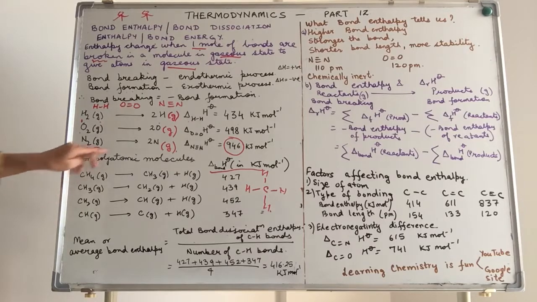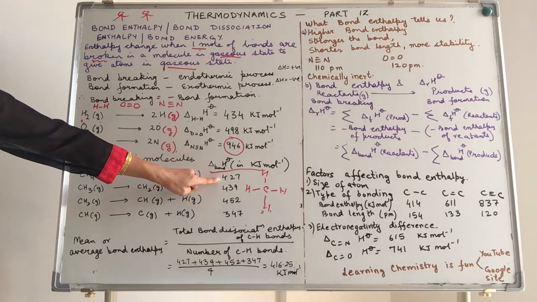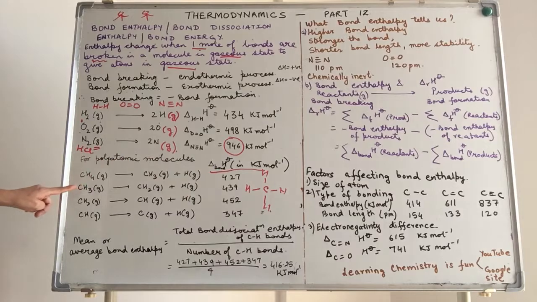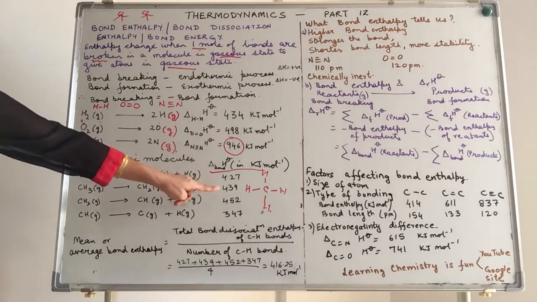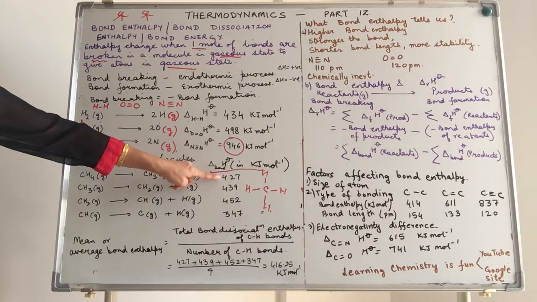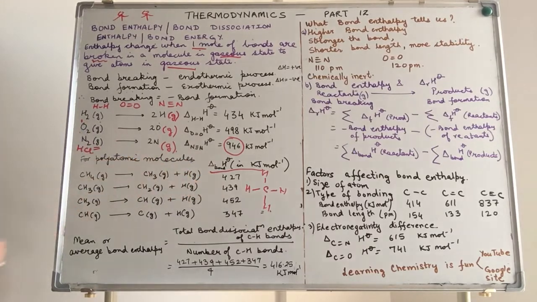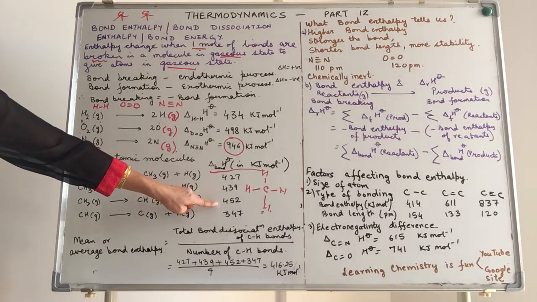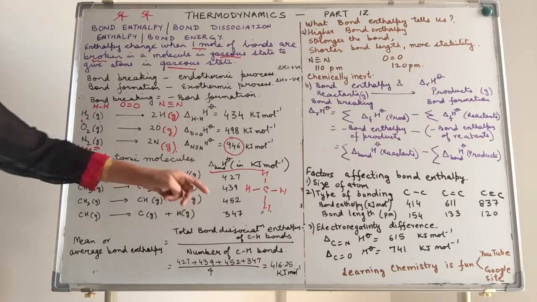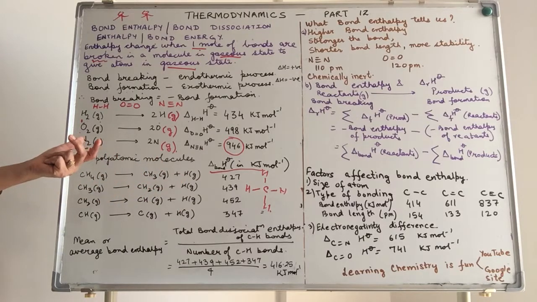The first hydrogen atom breaks, 427 is the bond enthalpy. The second hydrogen atom breaks down, so we have the second bond enthalpy, that is 439. If you notice, there is a difference in these values. Go on to the removal of the third hydrogen atom, this rises even further. What does this indicate and why is it happening? If you notice over here,